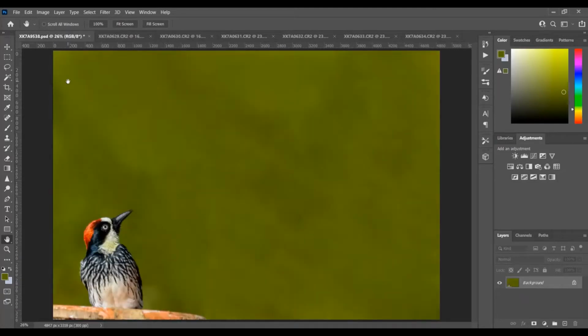What we are going to do is use this image of an acorn woodpecker as a base, and then we will create a composite image from the upcoming images of the vulture. They are taken at the same setting. The camera and the lens were on a tripod, and this was shot from a single point. So let's have a look at how to do it.